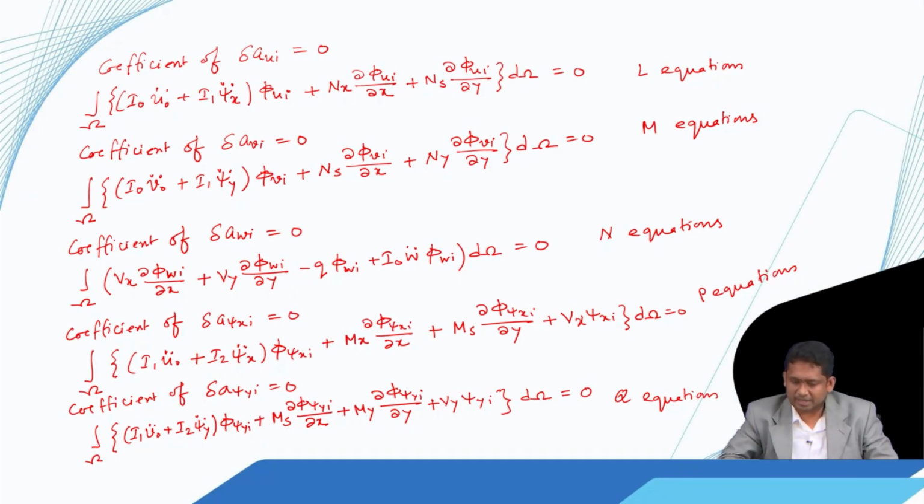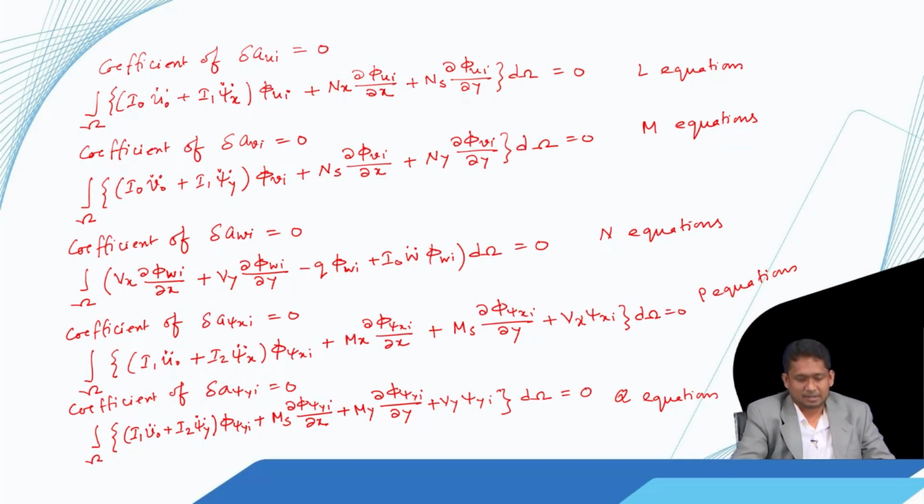So, we get total L plus M plus N plus P plus Q equations, and we have that many number of variables. Previously the number of equations was L plus M plus N, and the number of variables was L plus M plus N. Here we have the number of equations increased by P plus Q and number of variables increased by P plus Q. Now, in these equations we have not explicitly written the terms like u0,